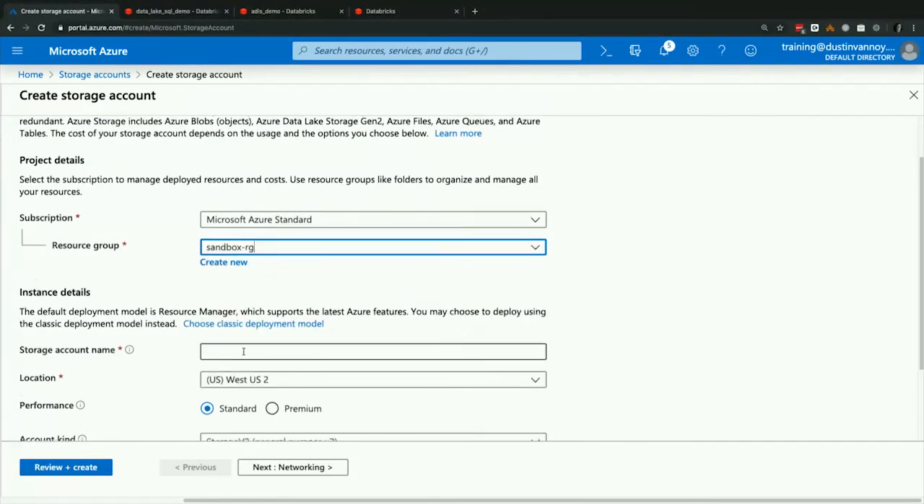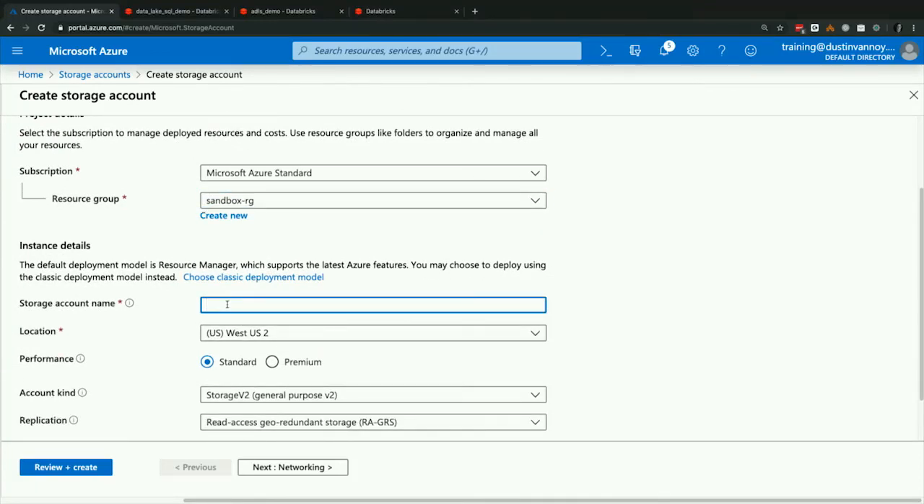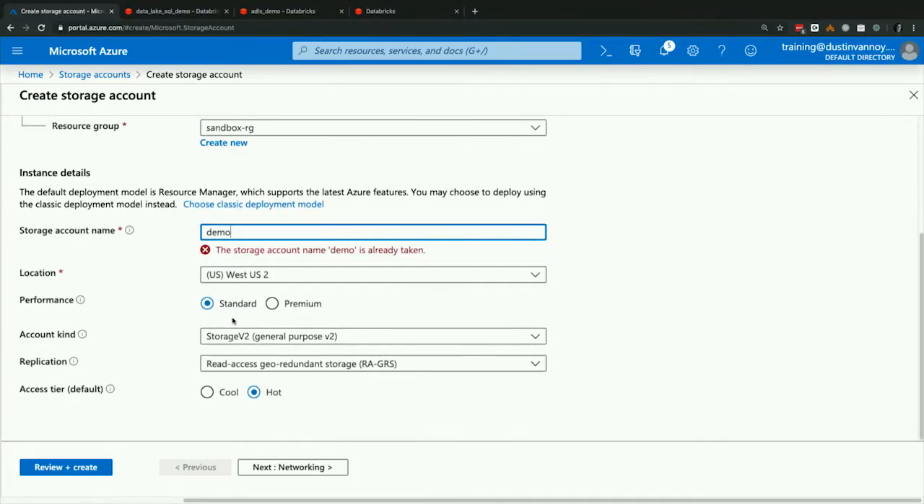And a lot of this isn't really worth getting into. You have to pick a resource group. You have to pick a name, of course. But the things I wanted to show off a little bit is that